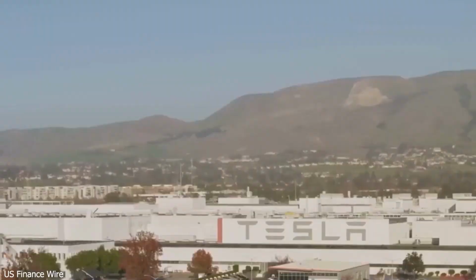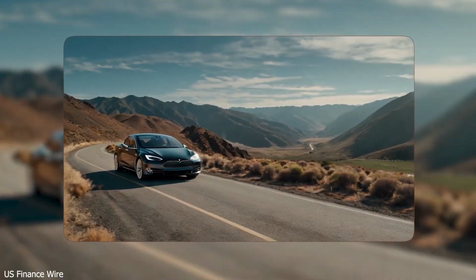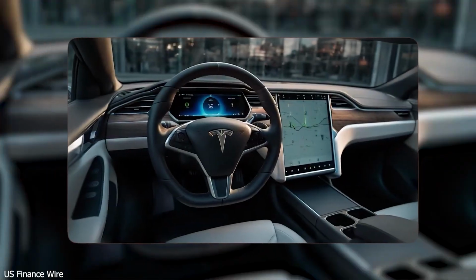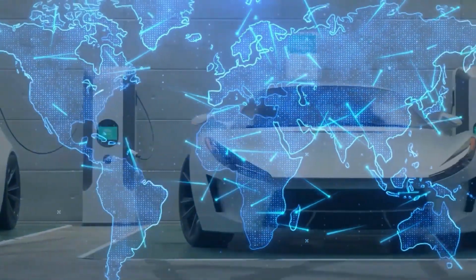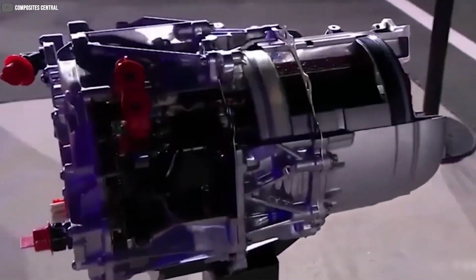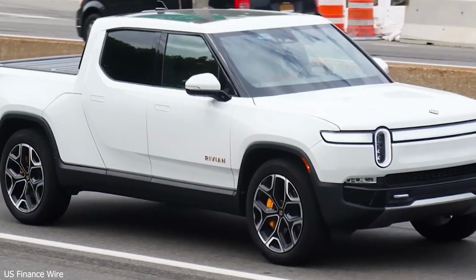But the story doesn't end there. Elon Musk's plan is much bigger than a car. Tesla is now creating an ecosystem in which energy production, storage, vehicles, and AI all work under one vision: solar roofs, power walls, gigafactories, and autopilot systems. These are not just individual products, but part of an integrated system that is shaping the clean, efficient, and smart